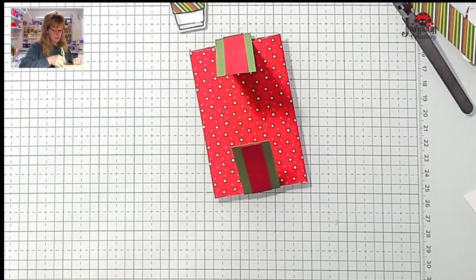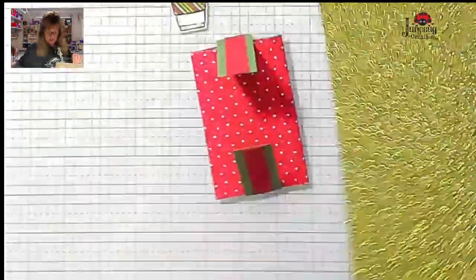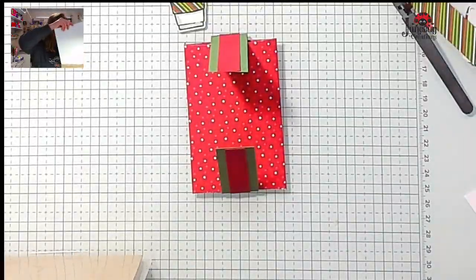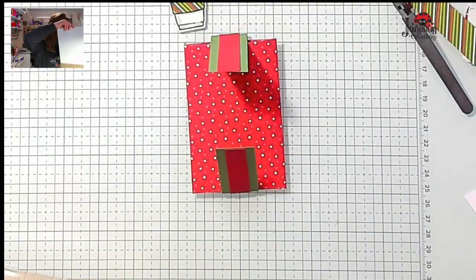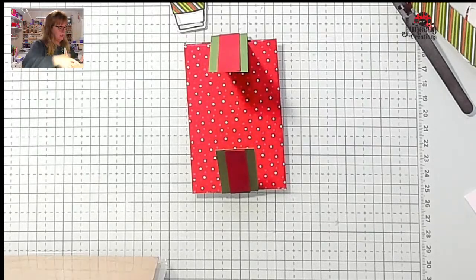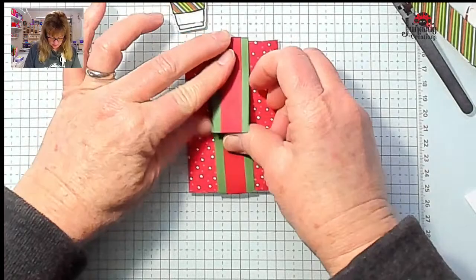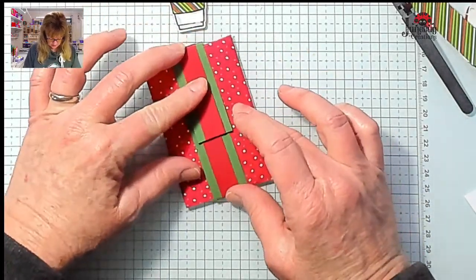What do you think? No, no. Nope, no silver, just this green. Woo, that's a little too green, don't you think? All right, no sparkle on this one. The sparkle really went much better with the snowflakes, I think. All right, so let's go ahead and stick with this, because really we're putting that